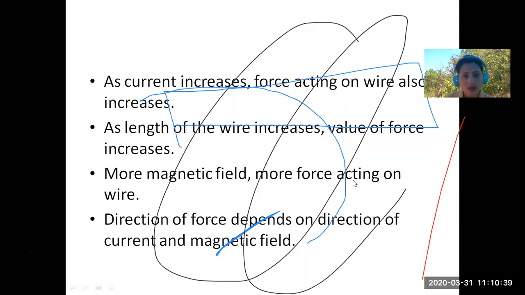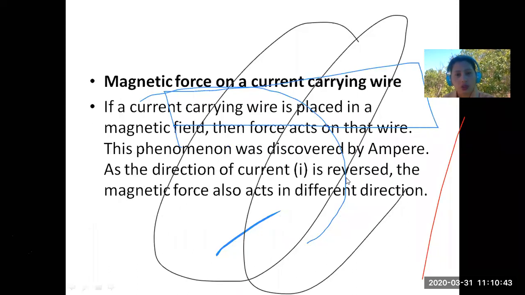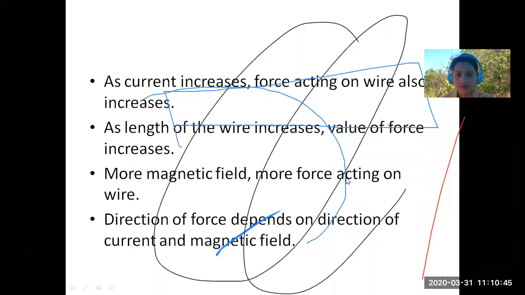And how can you make an electric motor work better or more powerful? You can increase current, or